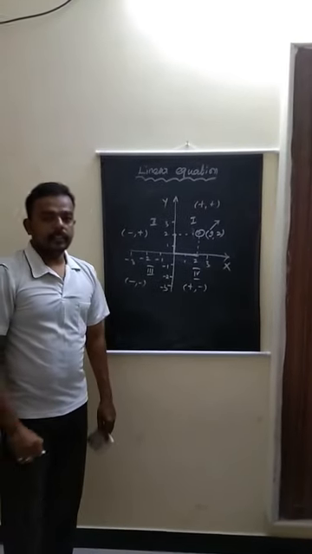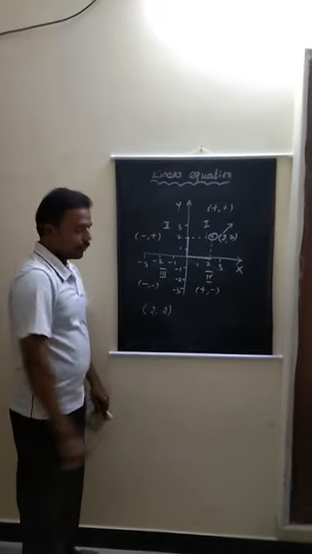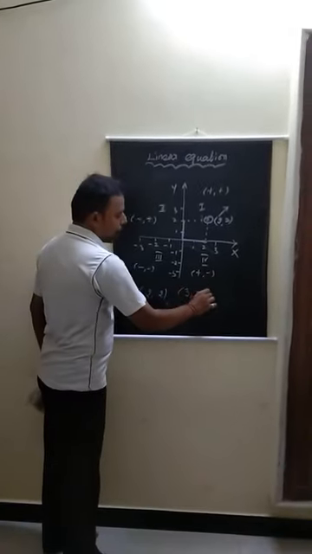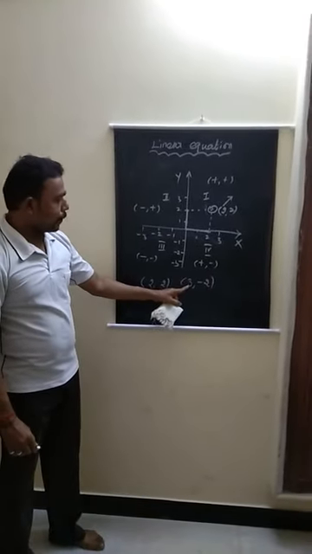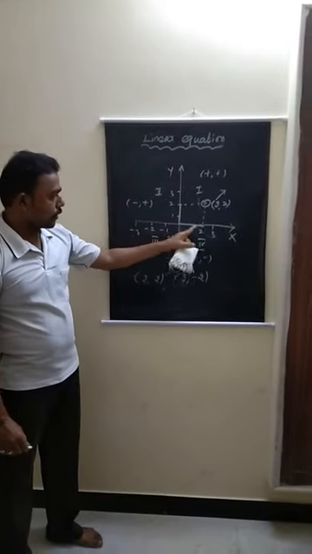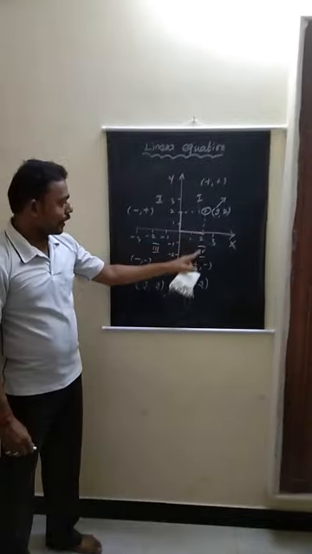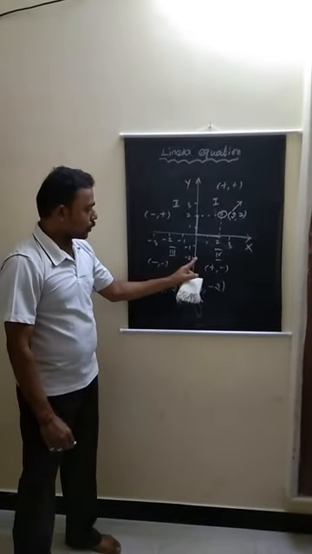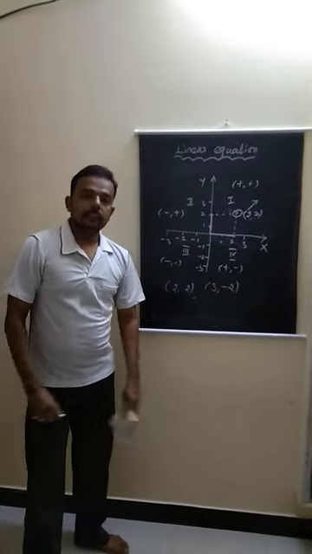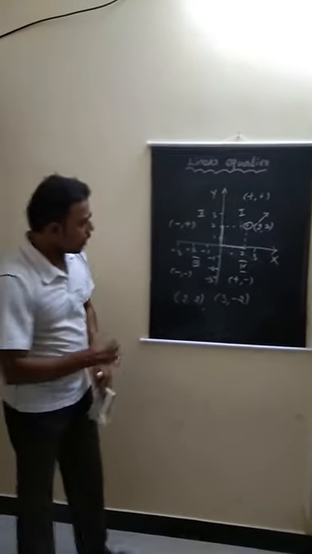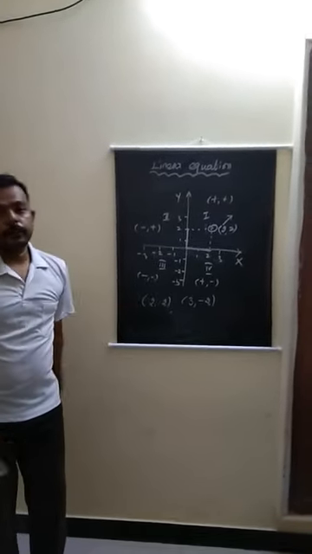Why we want to study this thing? Suppose any one point given (2, 2) where we want to locate, and any one point (3, -2) where we want to locate. Like that we need to study. So here x value positive, so go to your x value positive side, and y value negative, so go to negative side. So (3, -2) should be here. This is the point. So like that we have such a system. Now we can locate this thing after studying that linear equation.